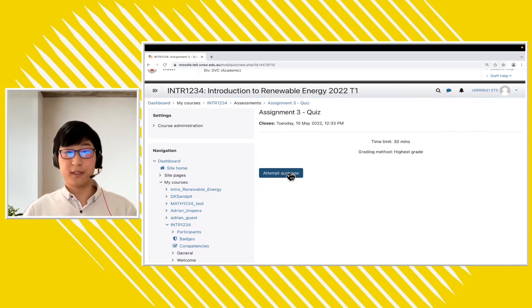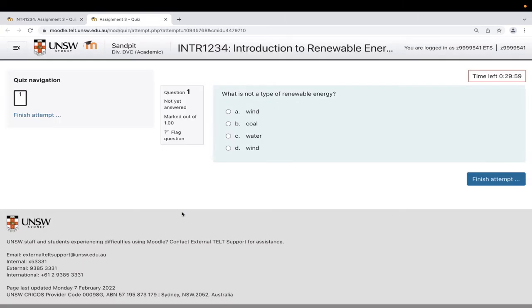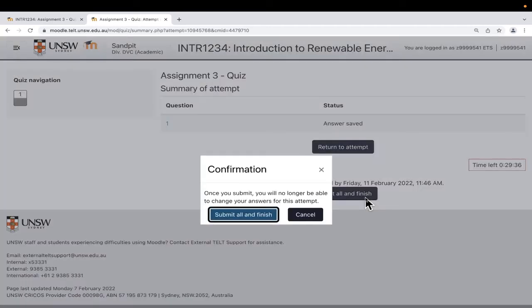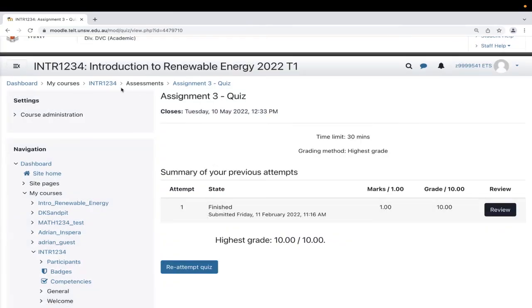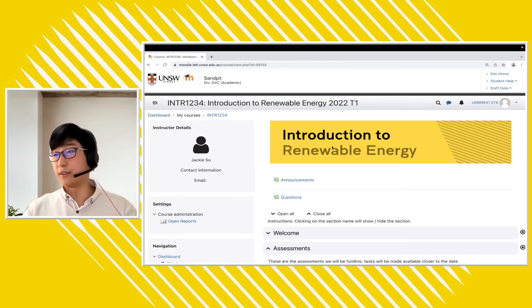So if I click on this now, it's going to open up a pop-up for me. We can start our attempt. And really, we just need to go in and answer the questions for a quiz. So there'll be navigation options, a timer on the right, and we can just select answers and submit them like so. I'm not going to go too much over a quiz in this session, as it does really depend on your course, but it's pretty much as simple as opening up and answering and submitting. Perfect. So why don't we move back to the main page? I just wanted to show a bit of how the quiz would look if you went into it.